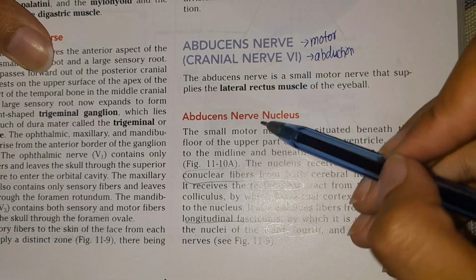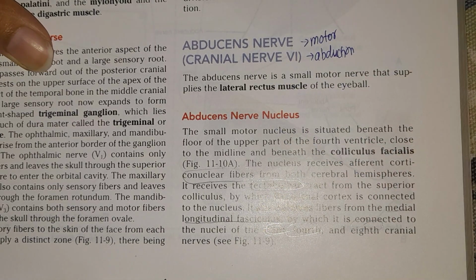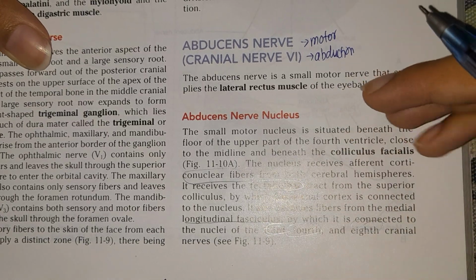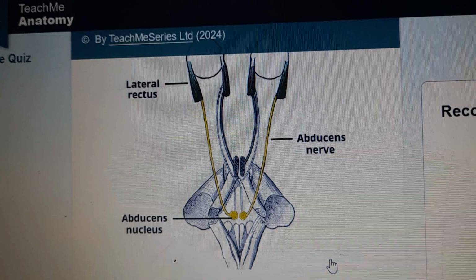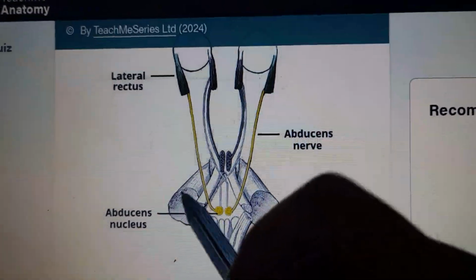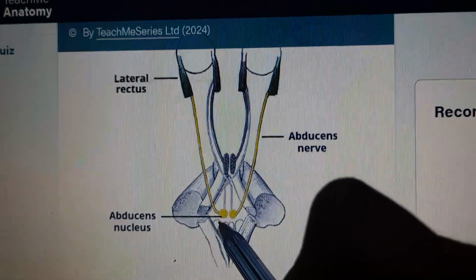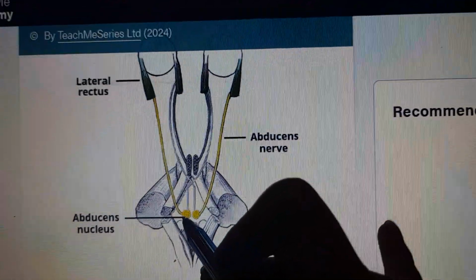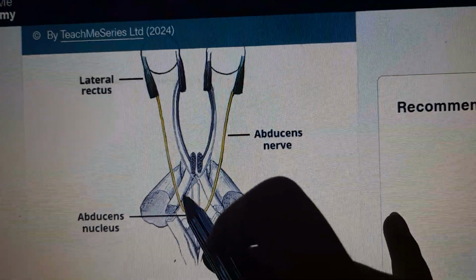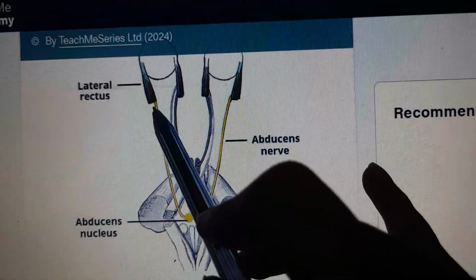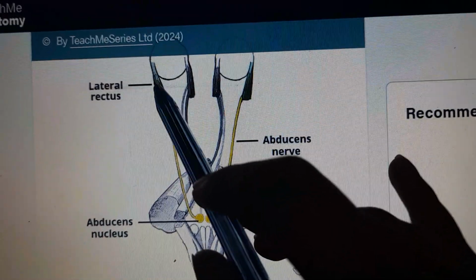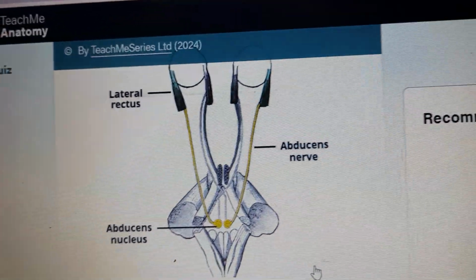of the eyeball. What you need to know about the abducens nerve nucleus is that the nucleus is going to come from a junction between the pons and the medulla. When I was teaching you the pons, on the posterior side I showed you that the pons had a medial eminence, and on both sides it had a facial colliculus. From the region of the facial colliculus, the abducens nerve, cranial nerve number 6, is going to come out, pass through the superior orbital fissure, and innervate the lateral rectus muscle of the eye.